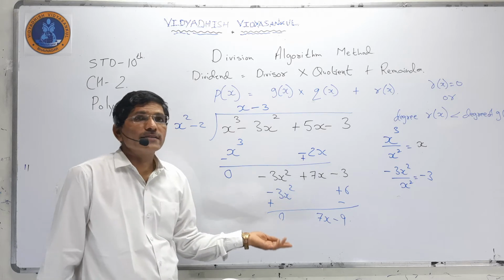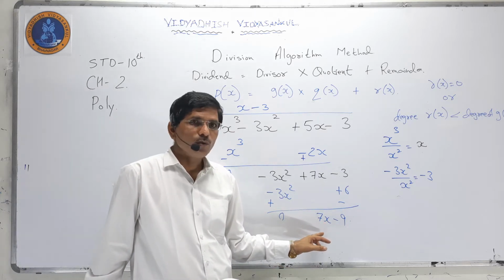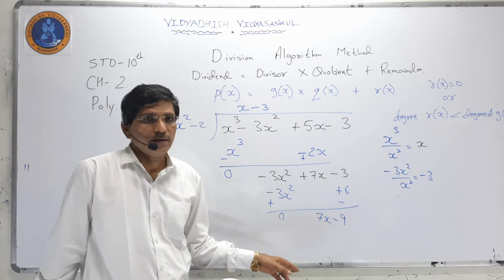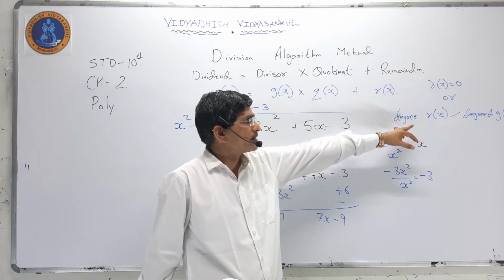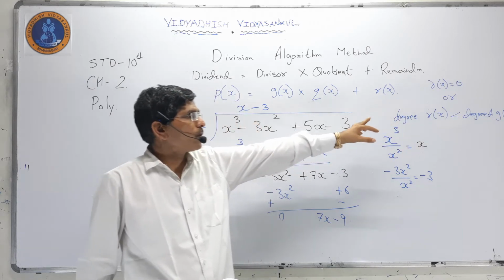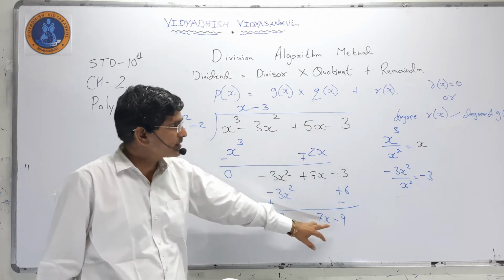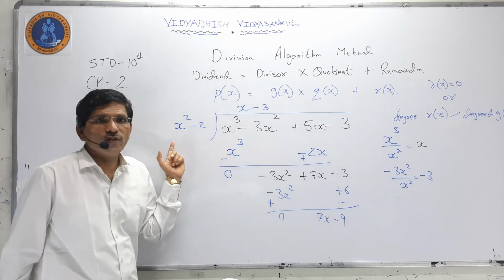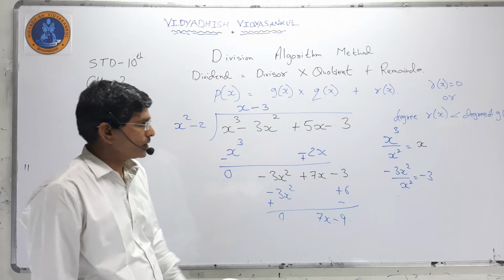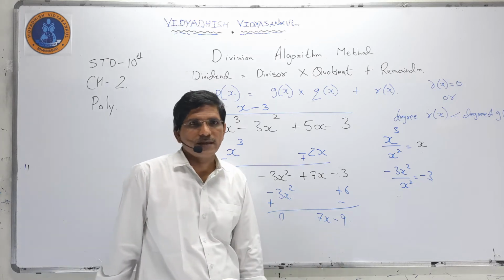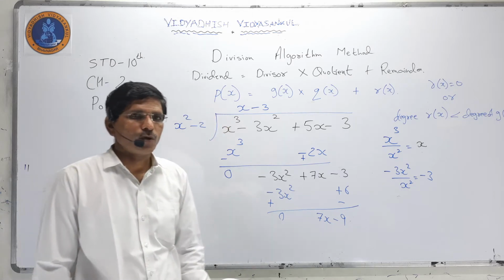So now what is the remainder? Someone asks, sir, can we go for the divide? Can we do it? We cannot do it. Why? Because already the degree of r of x is less than the degree of g of x, or r of x equal to 0. So we cannot continue. So that is the remainder, r of x, and here we can say it is q of x.